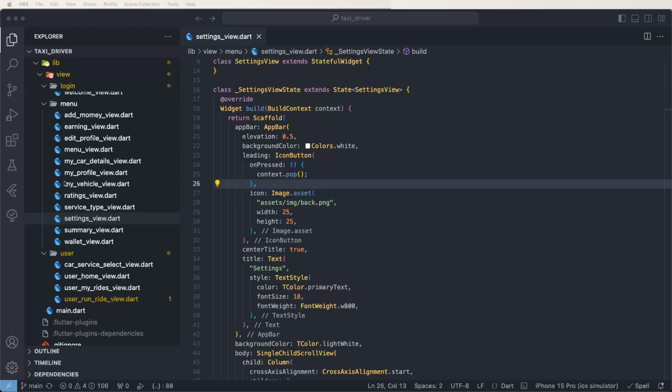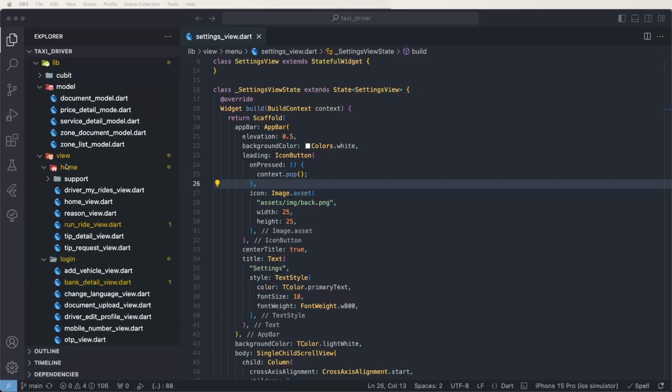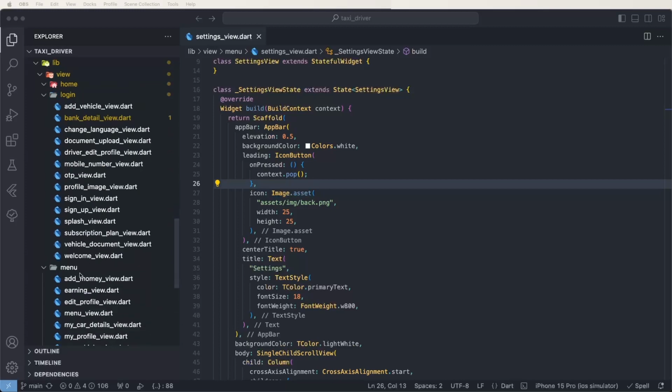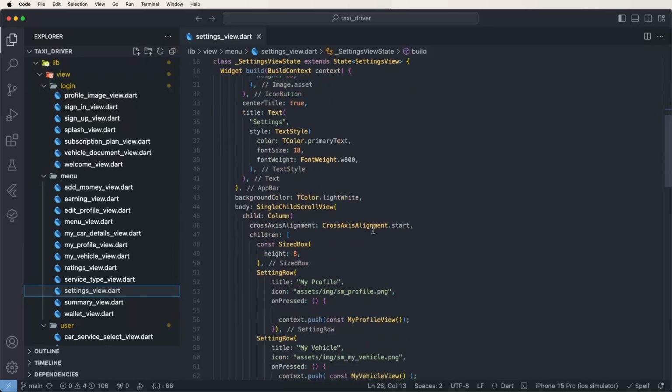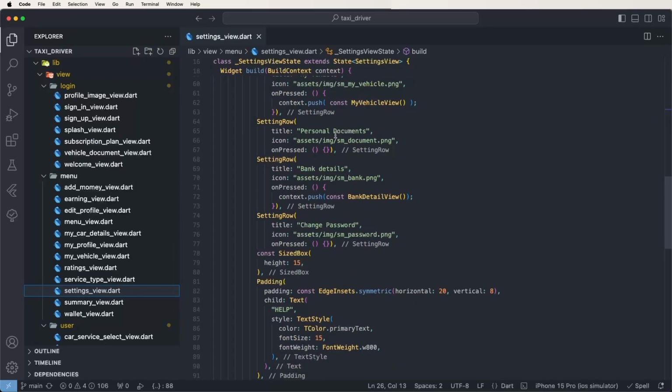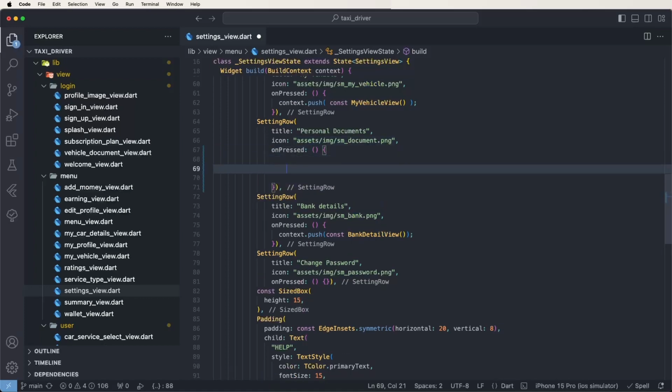Now need to go inside the view, inside you need to go inside the menu and select here the setting view. Need to open here. Now need to find out here the personal documents and now need to configure here the documents UI. Need to set here the context dot post extension methods. Need to call this here and give this here the names const